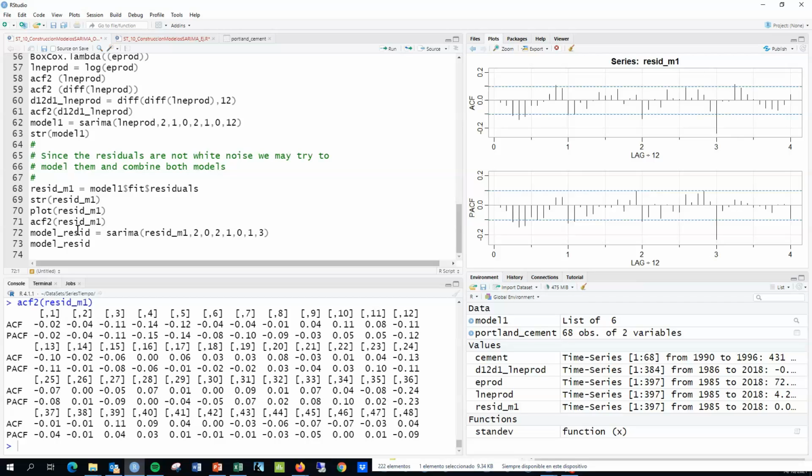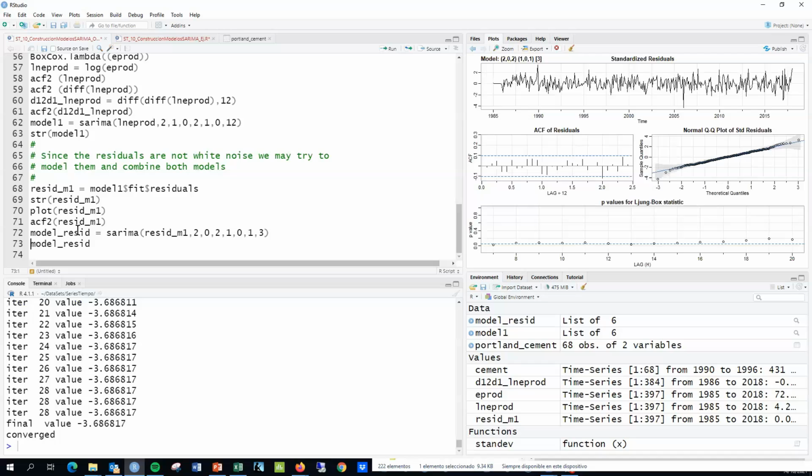So we can try different models for the residuals, but this one looks good in the sense that almost all the p-values are above 0.05. Almost all of them are above 0.05, except for the first one. Okay, so in essence,